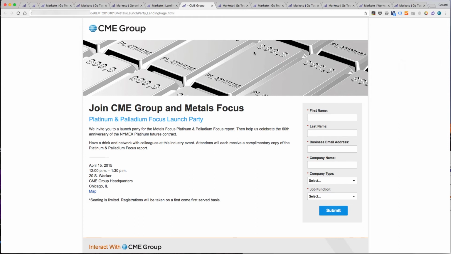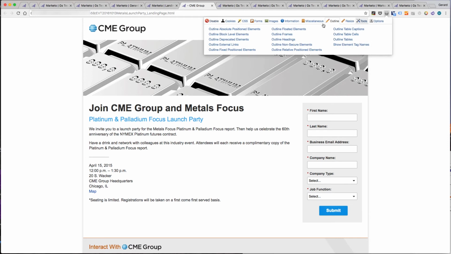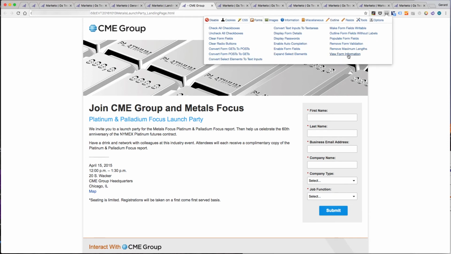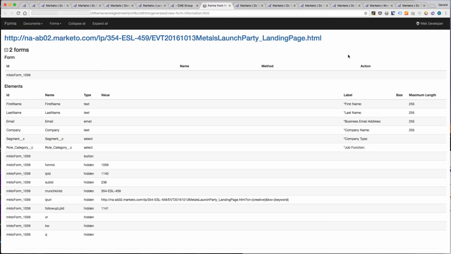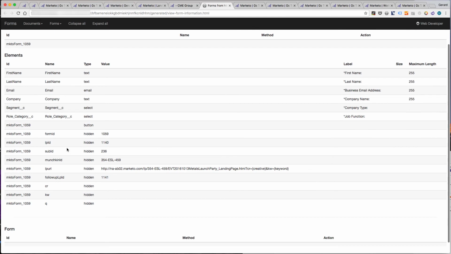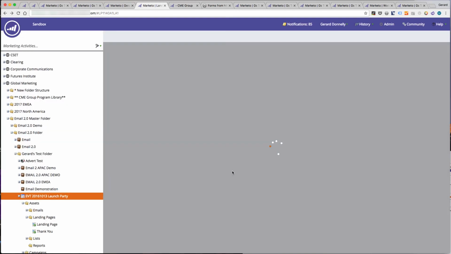In order to find a landing page, you need to find the landing page ID, and what I do for that is go to forms and view form information. When you do this on a landing page, you'll see there's a form ID, which is hidden, and a landing page ID, which is hidden, and they've got values in them. For a landing page, this value here, 1140, is what I want to copy. Now if I come into here and I'll refresh this page,